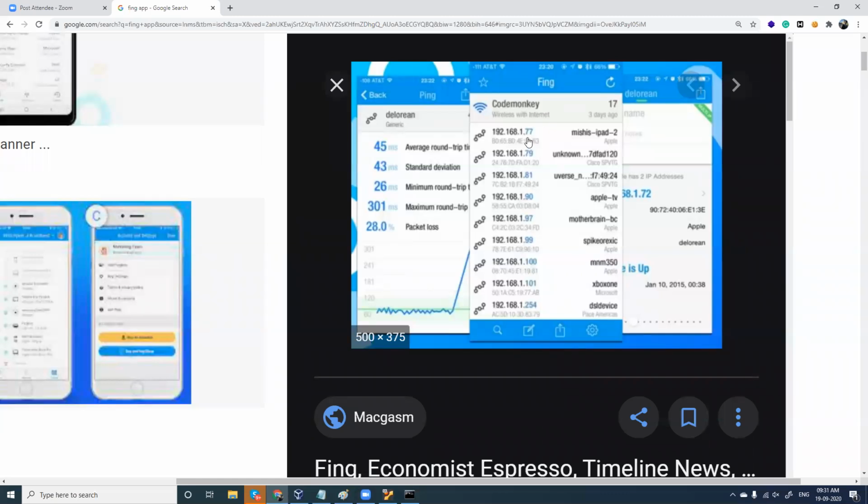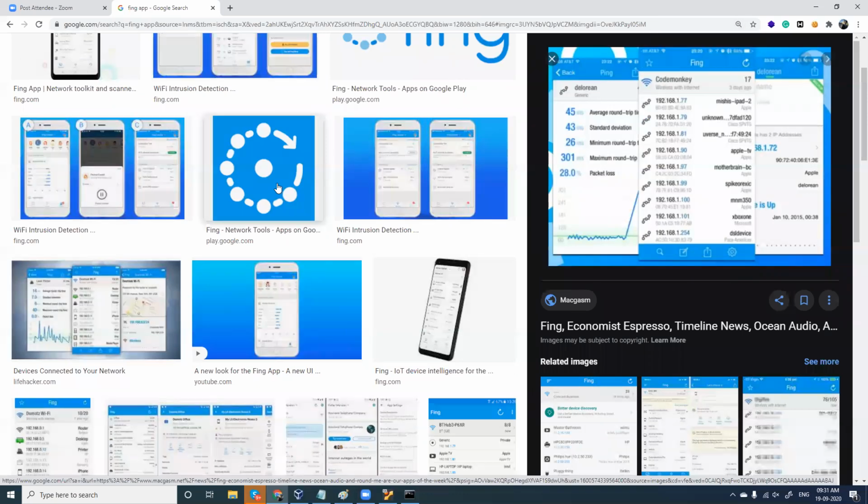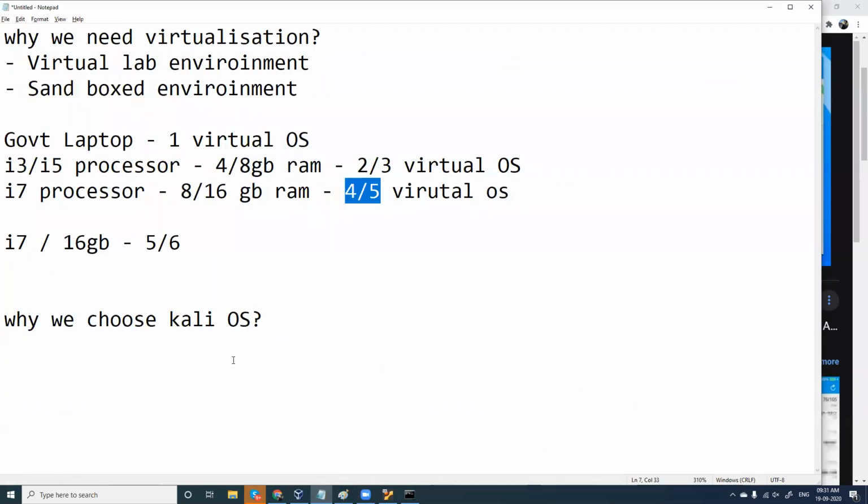From this, they'll probably come to know if it is an Apple mobile or an Android mobile, or what type of mobile this is, and attacks like session hijacking, network sniffing, any type of attack will be possible, but grabbing the IP address is the first part. For this, an app like this can help. This comes handy. And professionally speaking, yes, you can also go for Nmap.